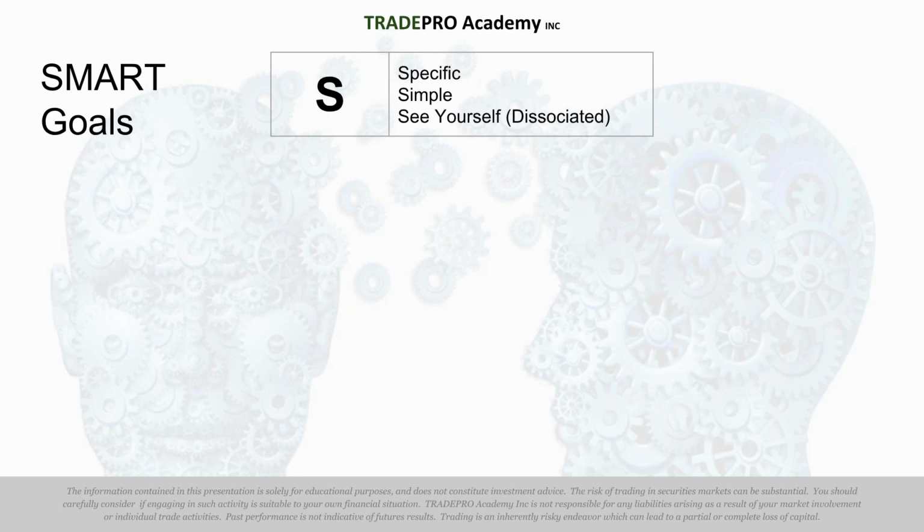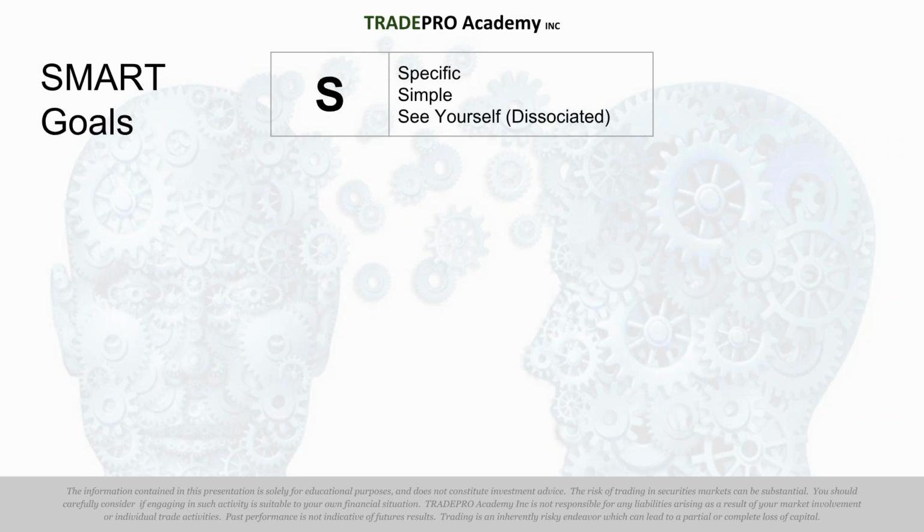Done. So the S, one of the most important details here in a SMART goal is that when you have a goal, you don't see yourself having achieved the goal, because right away it makes it less attractive to your unconscious mind. You see yourself outside of your body in that goal. You don't see yourself with your hand on the steering wheel. You see yourself on the passenger side watching yourself drive that car. Very important distinction. That's called dissociated.